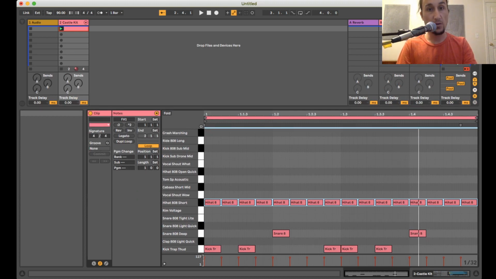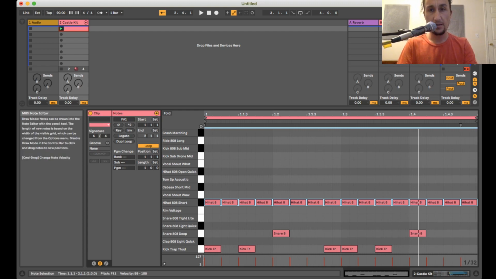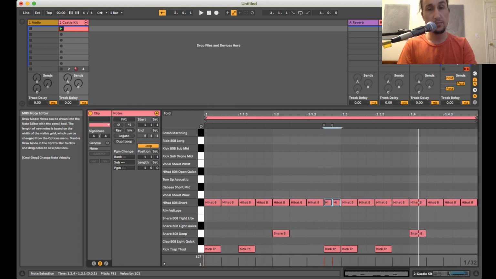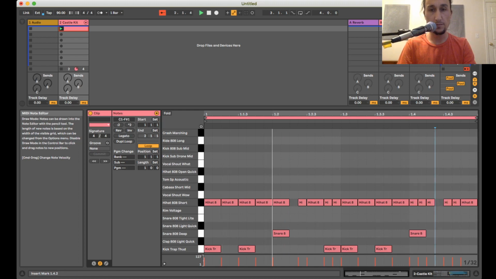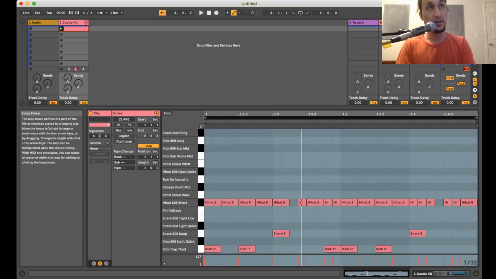And what you want to do is find out the dividing point that you really want. Go back into the B drawing mode, and you can then draw in smaller notes. These are going to be like 30-second notes, I believe. All right, so it's a little more stuttered. And if you want some more variation, instead of just a 4-bar phrase, you can go ahead and click the